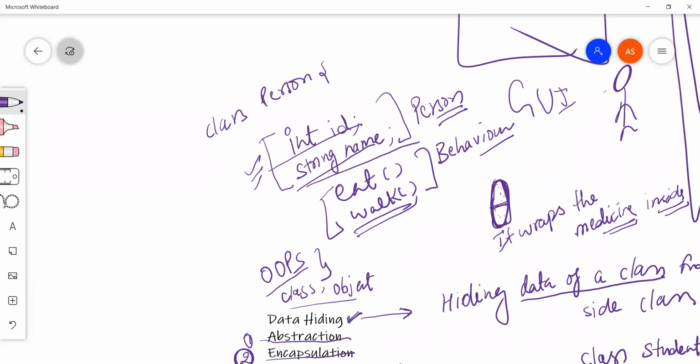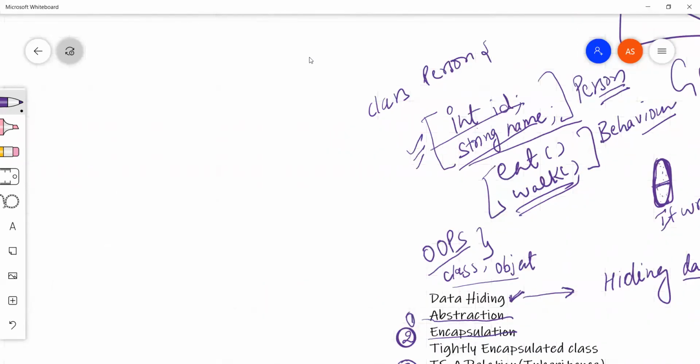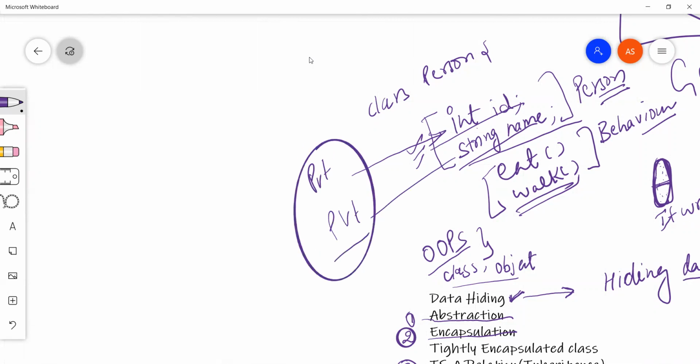Okay, now there might be a confusion about how it differs from data hiding. When we were talking about data hiding, we were making these variables private. But right now we haven't used the private modifier here, so this data inside the class can be accessed by outer classes as well, because there is no restriction on that.